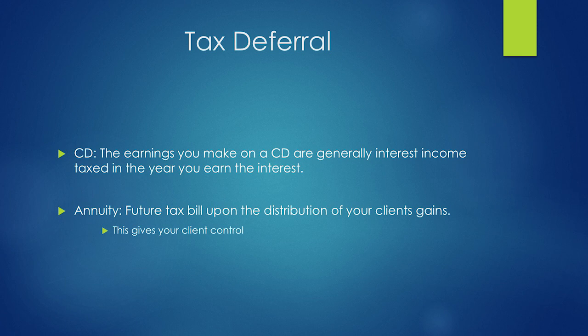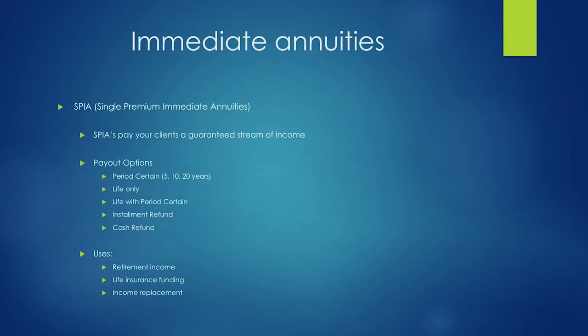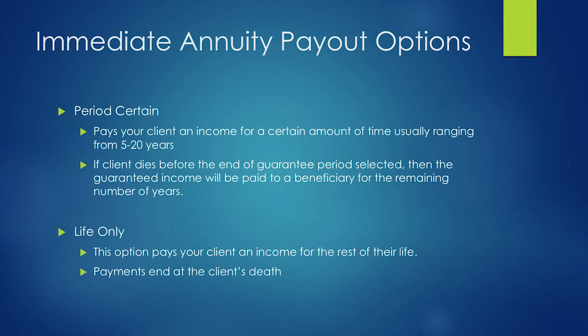Immediate annuities, and this is what I talked about before. These are the old style annuities, and they give you a few different options. One is what's called period certain. A lot of times people will buy these to fund life insurance policies. Rather than giving you a payment based on your lifetime, they'll pay for 10, 15, 20 years, whatever period you choose. Also, a lot of people who retire young are trying to bridge a gap between when they retire and when they start collecting Social Security, and that might be a way to do it.